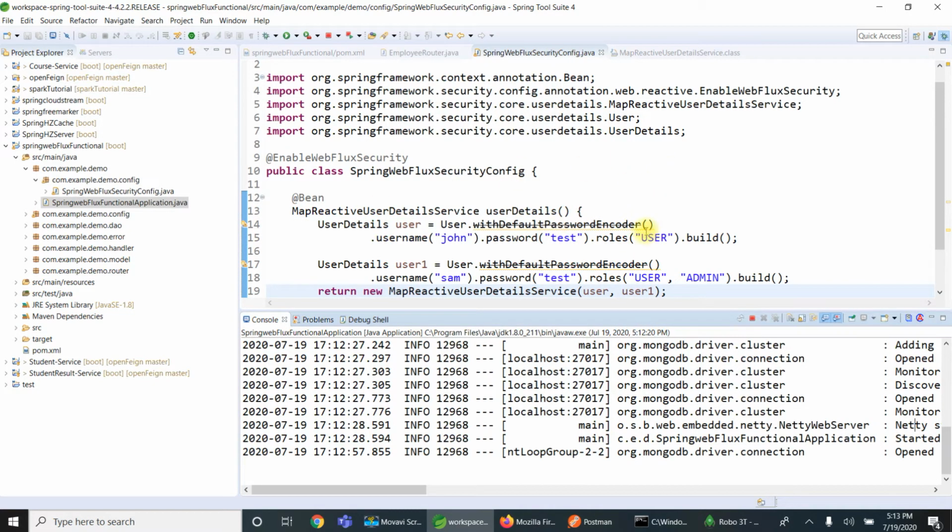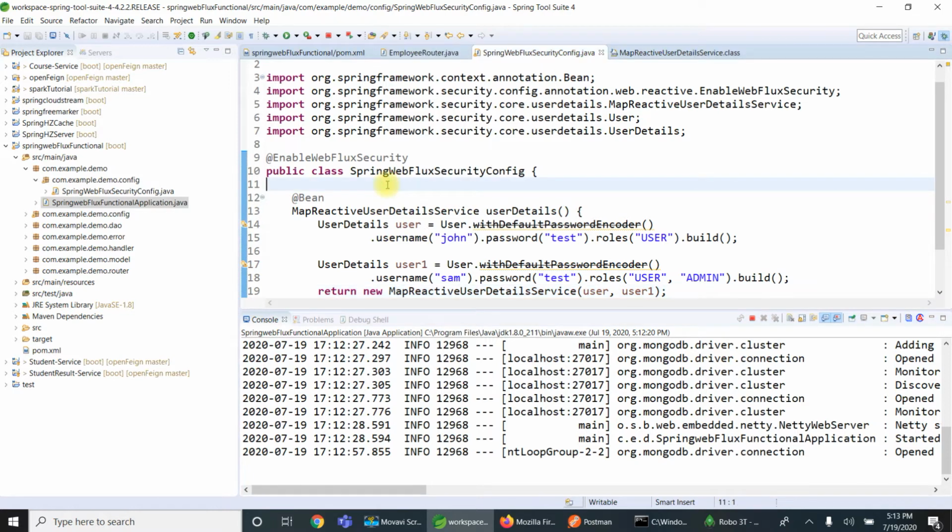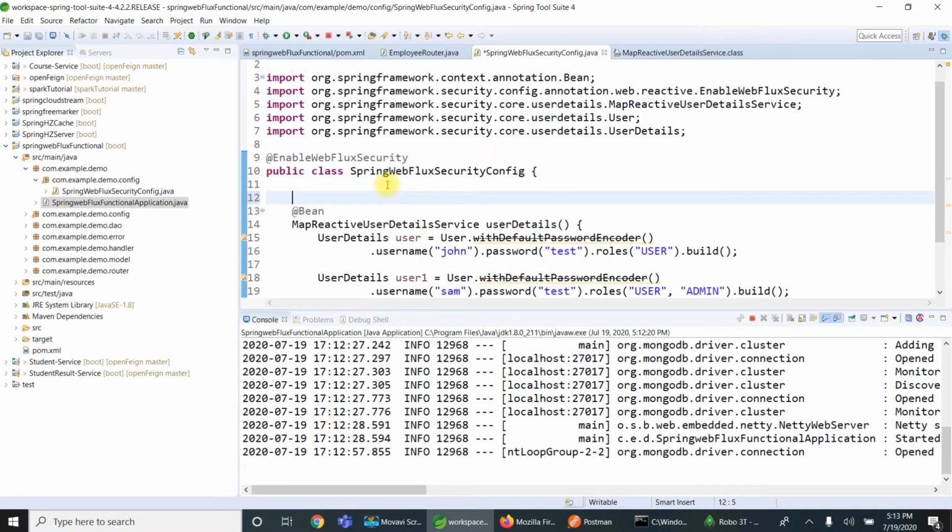But for a particular endpoint, I want the user to have some roles, and some endpoints without any authentication or authorization. If I want that, I have to provide the implementation for the security web filter chain. So I'm going to create that. In Spring 3 or Spring 4, we were implementing the Spring security web filter chain, but in case of WebFlux, it is the SecurityWebFilterChain.